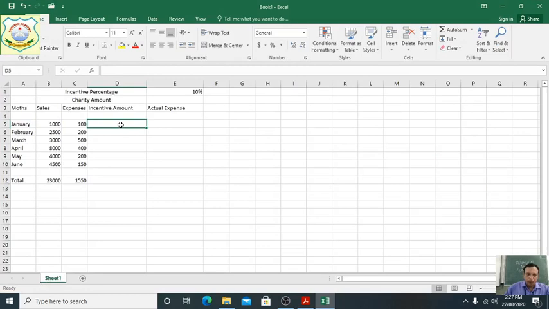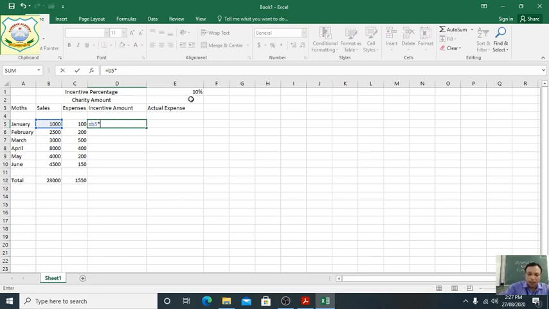Okay, incentive amount B5. Students, everyone see, this is for absolute reference, equal B5. Clear? Multiply. What we want to do, 10%. This is the E1. So when we talk about the E1, it is $E, because we don't want to change this percent.